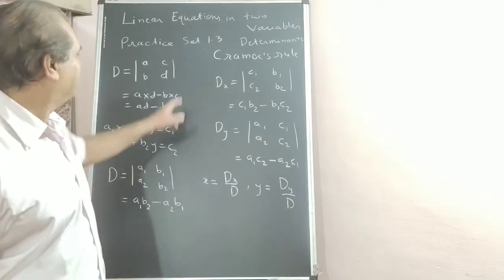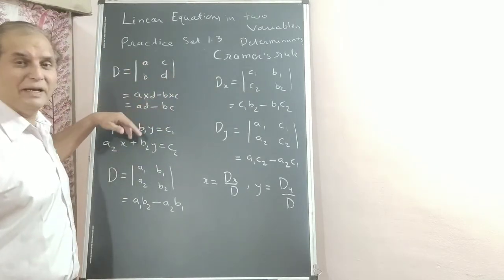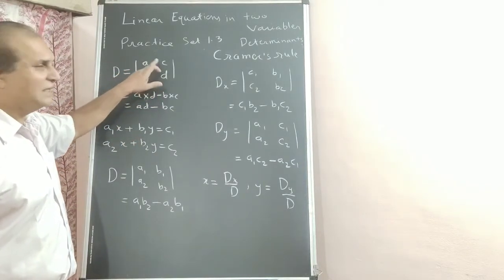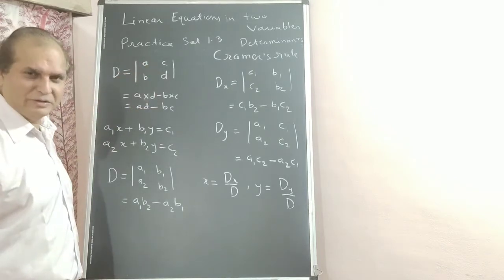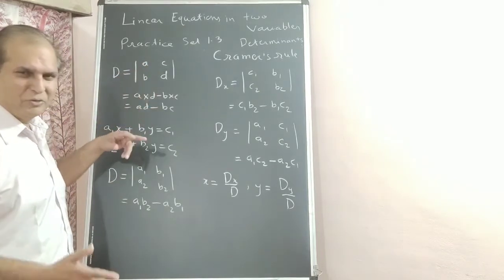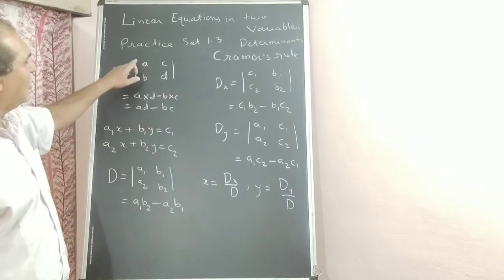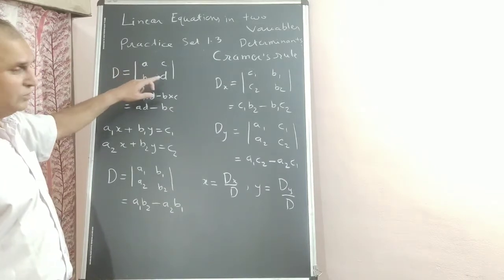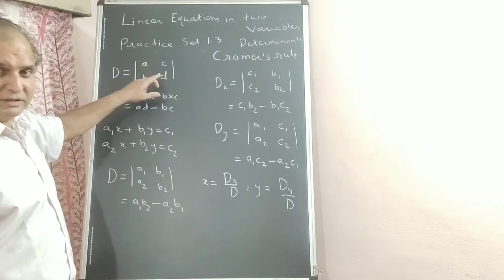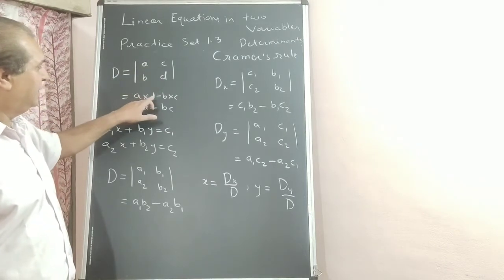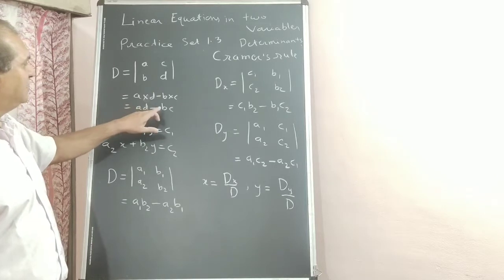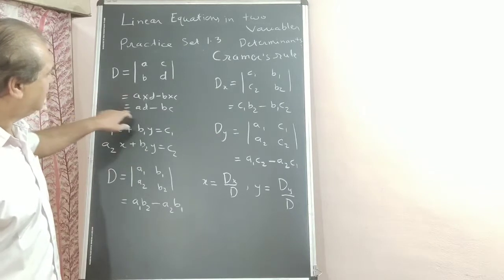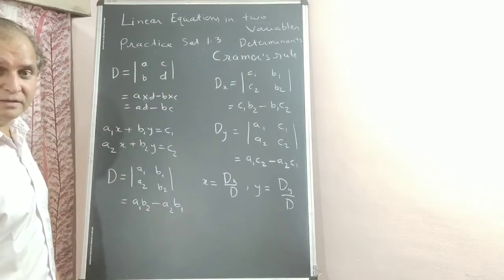I'm just generally explaining what a determinant is. A determinant is written like this. Four numbers are there, A, B, C, D, suppose. Always don't change the direction. If you change the direction, you will go wrong. A into D, this into this always, minus B into C. A into D minus B into C. AD minus BC. If you do BC minus AD, the sum goes wrong. So this is the way to solve a determinant.